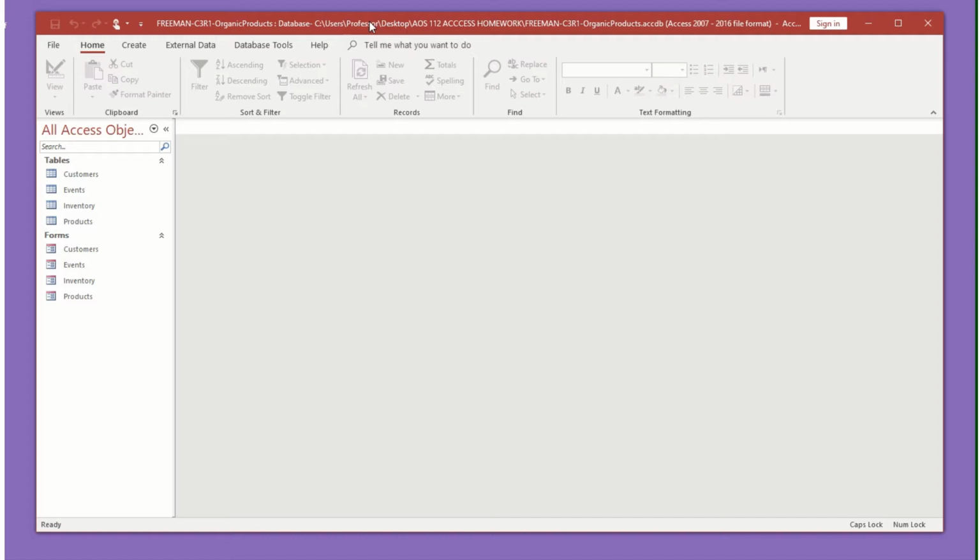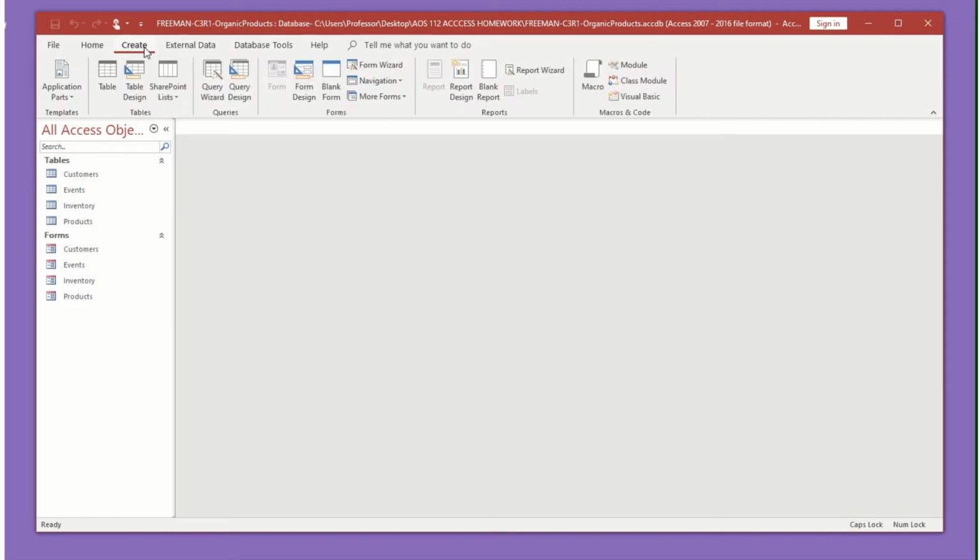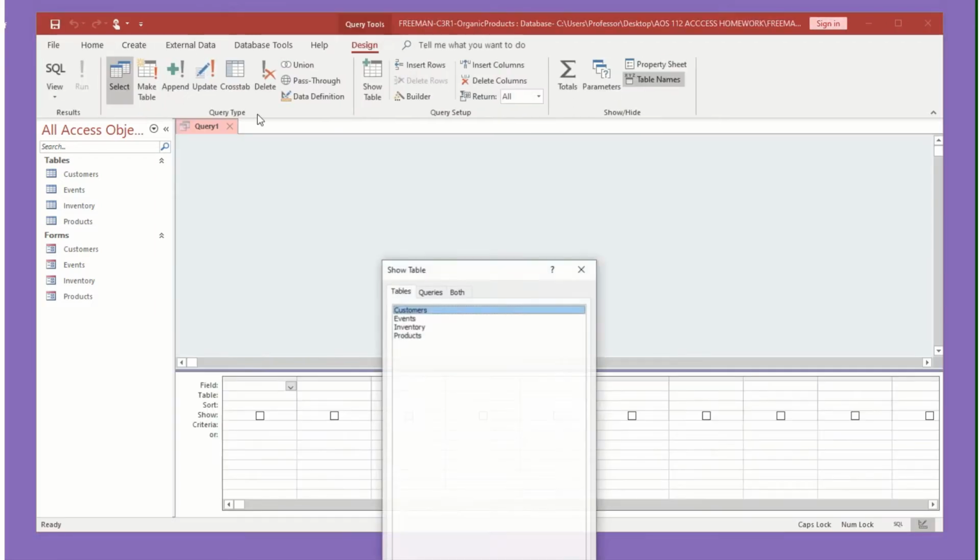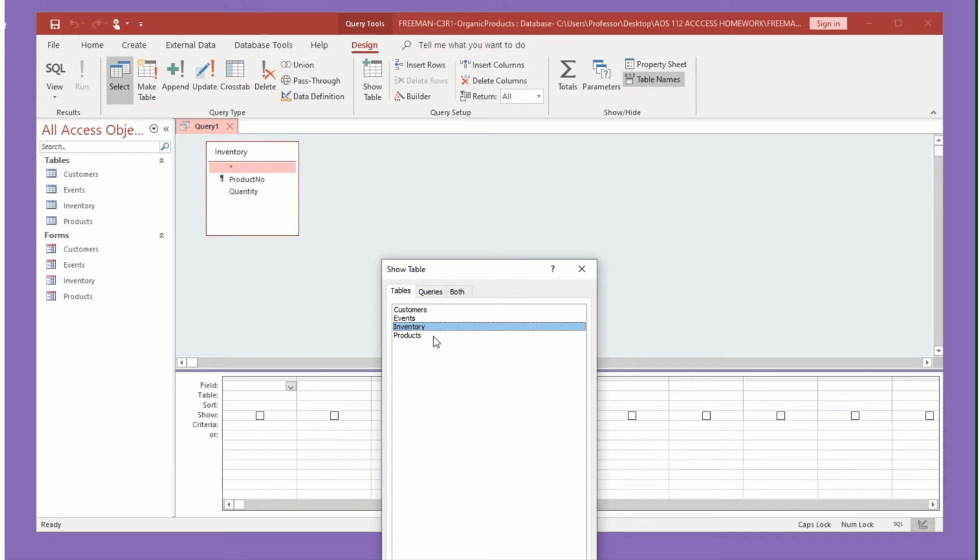So for Review 1, we are using Chapter 3, Review 1, Organic Products Database. And we're going to use Design View to create a query. So I'm going to click on the Create and Query Design. And we're going to use data from the Products table and the Inventory table. So I am on the Tables tab here, and I'm going to double click on Inventory to add it, and